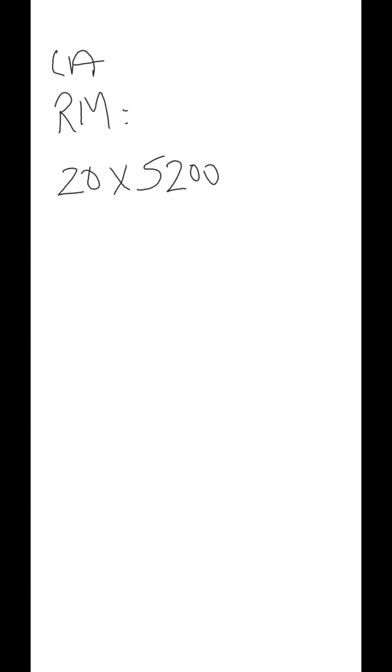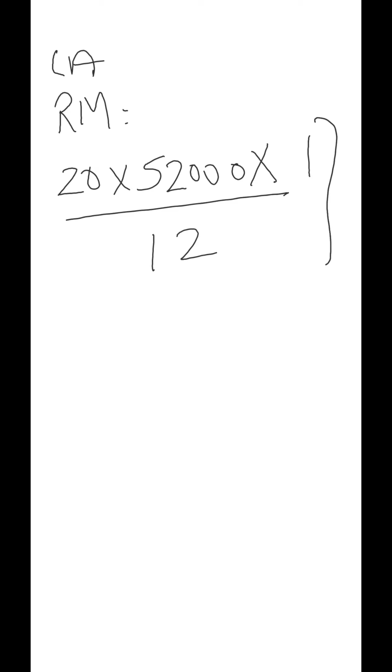The first thing that we start with is always our current assets. So what is a part of our current assets? It's always our raw material. First of all, what is the raw material cost? Raw material cost given is 20 rupees. And how many units are there? 52,000. Number of units is 52,000. And what is written in the notes? Average raw material in stock is 1 month. So 1/12. By the time, I'll tell you how you have to do this.